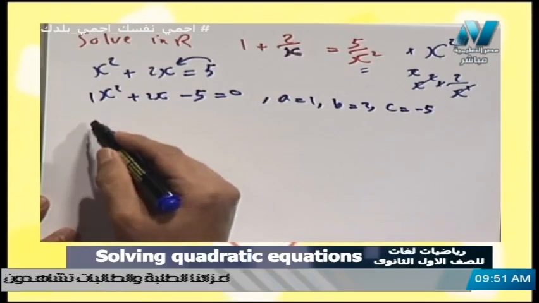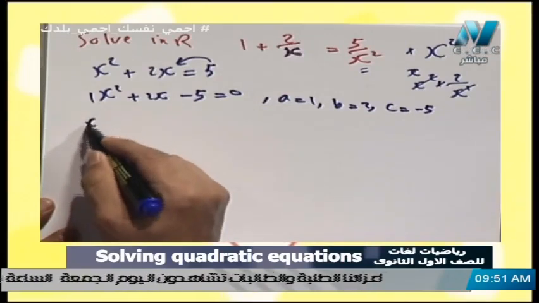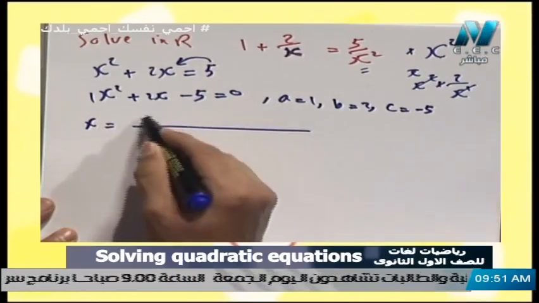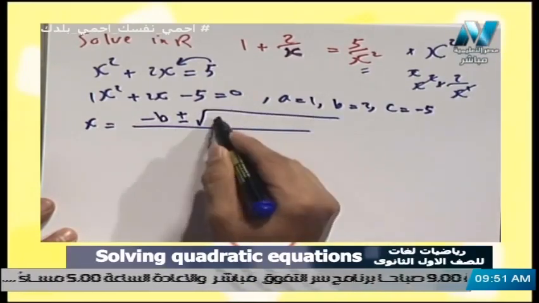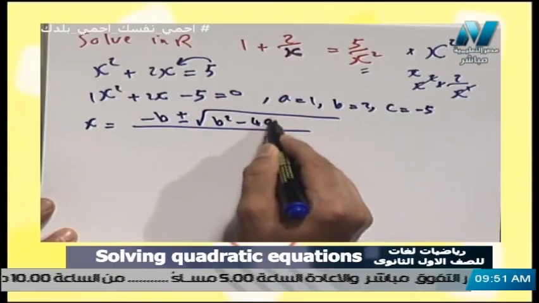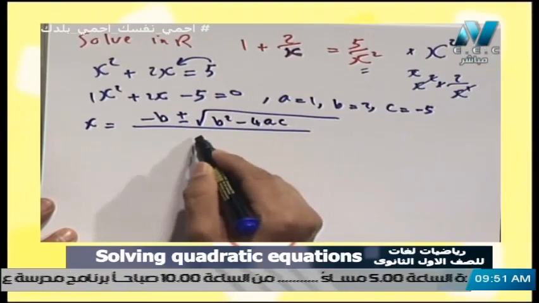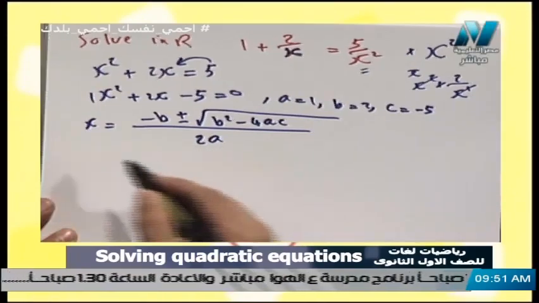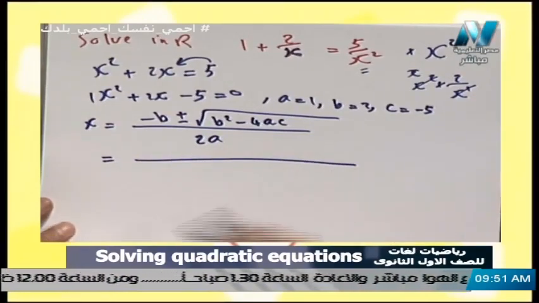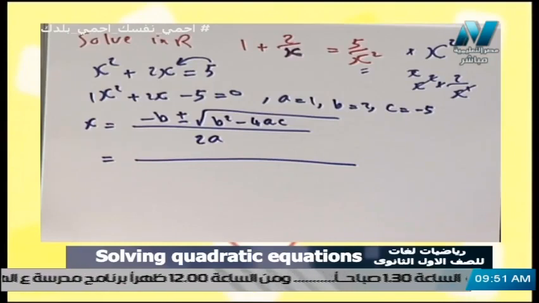So we will use directly the formula x is -b, keep with me, plus or minus square root b power 2 minus 4ac over 2a. Okay, by substitution we will find that